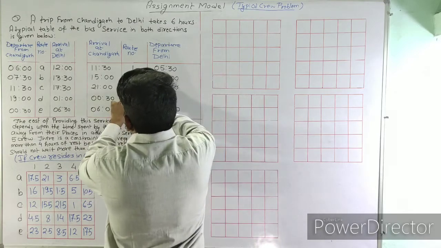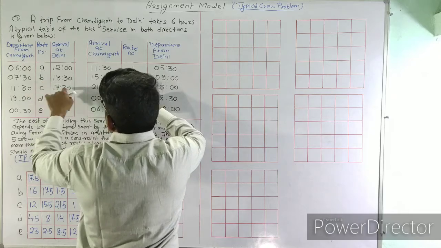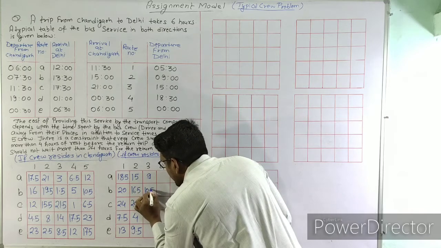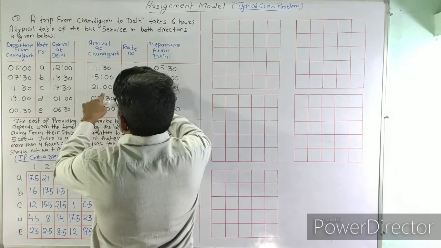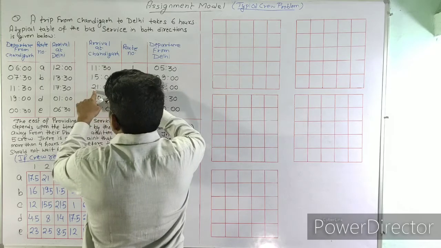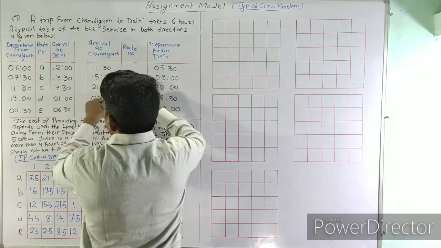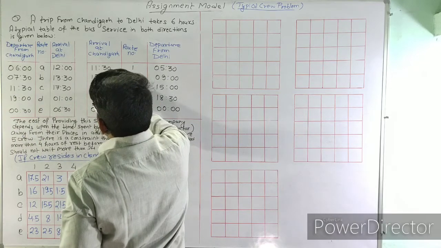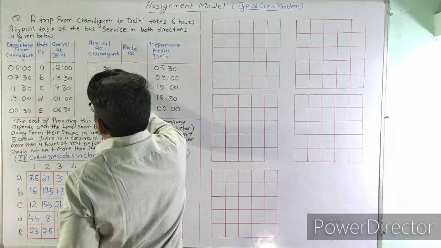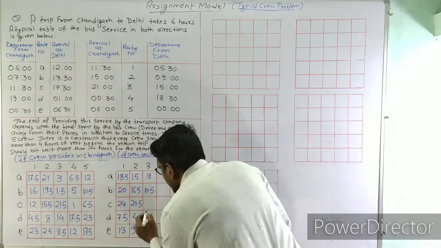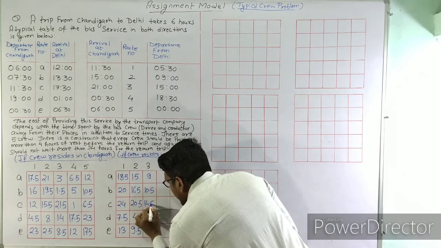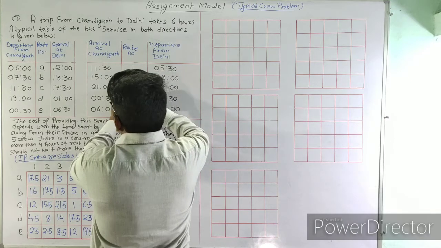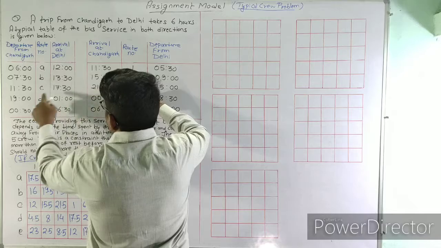And if it arrives from route 3 and departs from B, the time here will be 10.5 hours. If the crew arrives with route 3 and departs from route C, the time here will be 9 plus 3, 24. 14.5. This time is 14.5. If the crew arrives from route 3 and departs from route D, so the difference here is